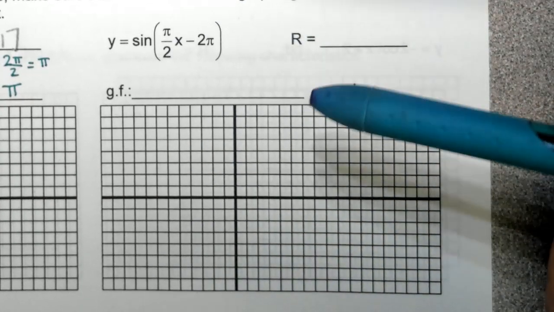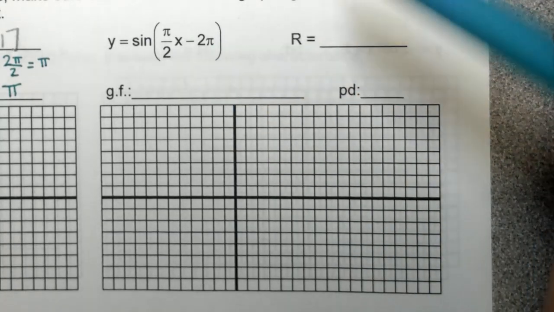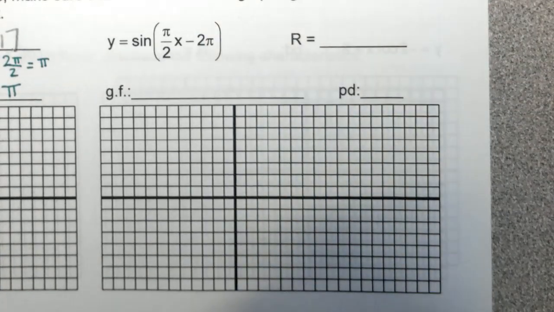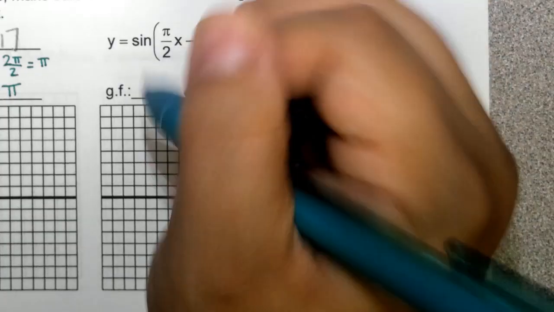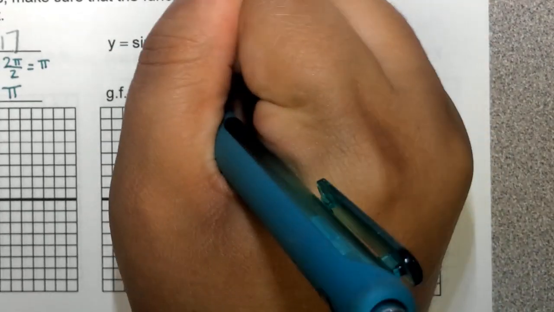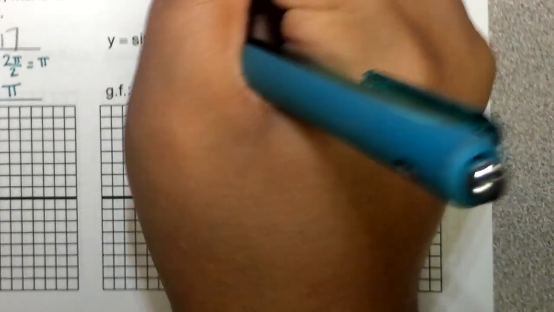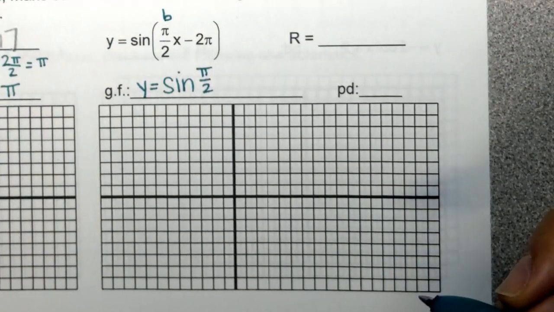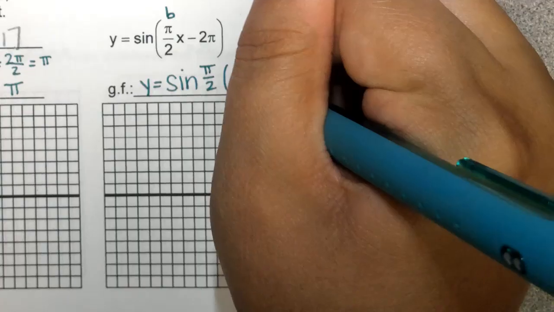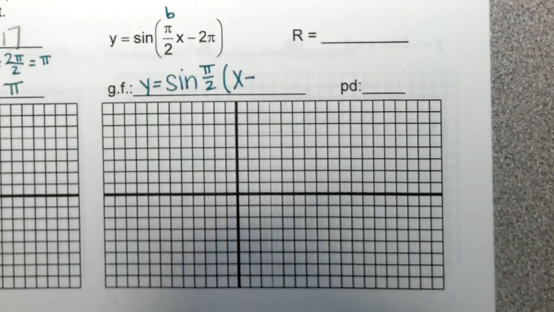2 days. Again, is this my C value? No. What am I going to need to do? Factor out. So this is going to be the sine of pi over 2 x, and this is your B value right here. So that will always be what you factor out. X minus,